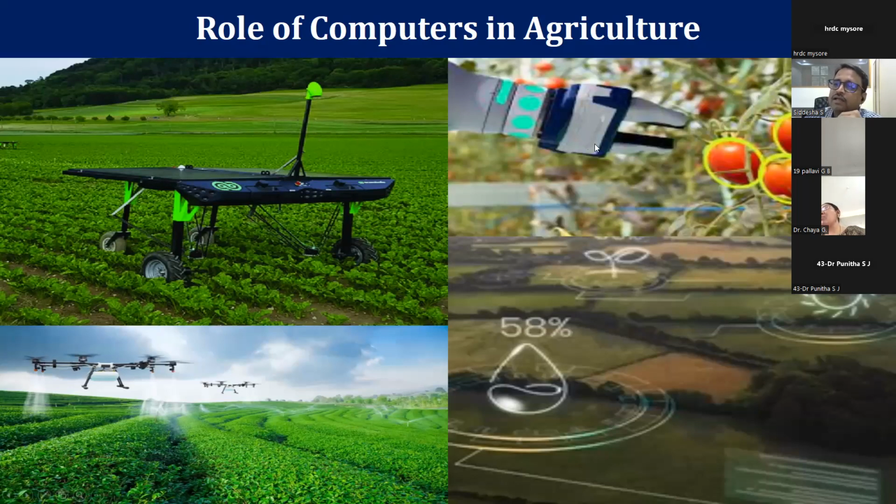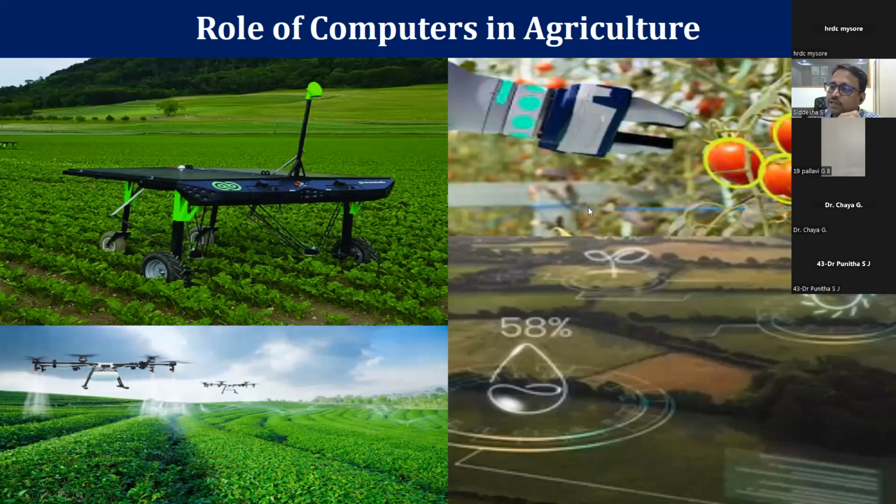And in the right top corner, we can see that there is an automated harvester. It is using the technology of robotics. It is a tomato harvester, and it sees which is the tomato fruit, and based on that, it sees whether this fruit is ripened, properly ripened. A camera will be fixed into that, and based on some color-based analysis, it is going to pluck those tomatoes. So that is nothing but timely harvesting.